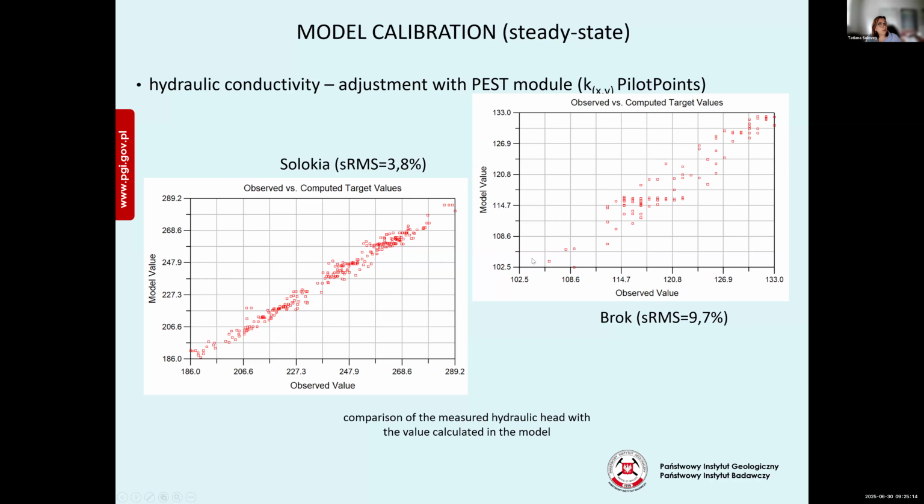In the Brock model, only the first layer representing the quaternary aquifer was subject to calibration, as the tertiary Cretaceous layer lacks any hydrogeological characterization. Calibration error is also affected by the uneven spatial distribution of boreholes, which are concentrated in areas with intensive groundwater